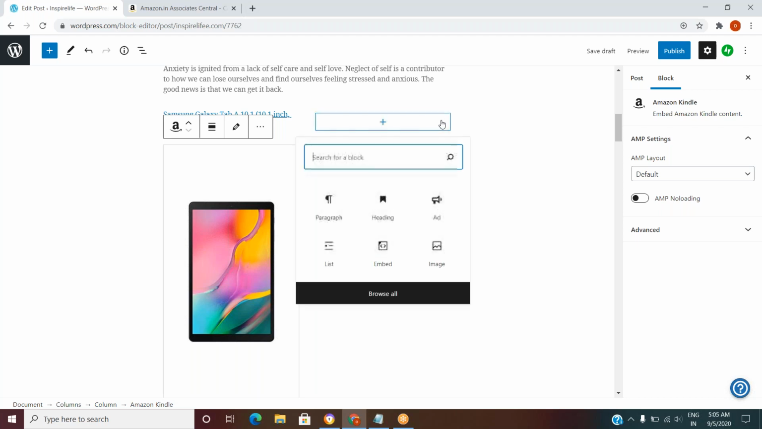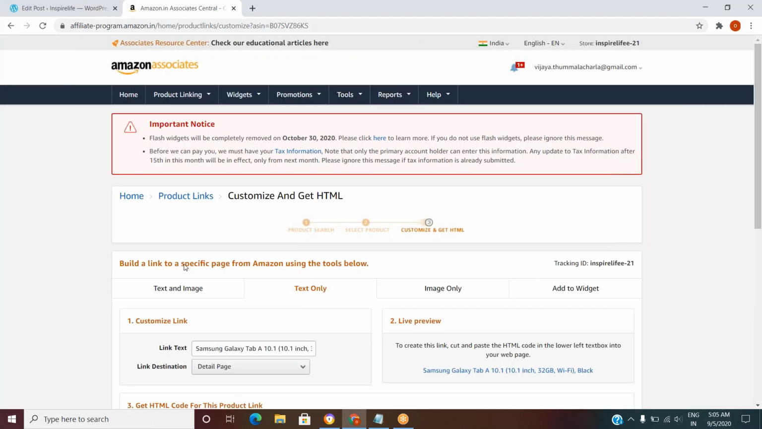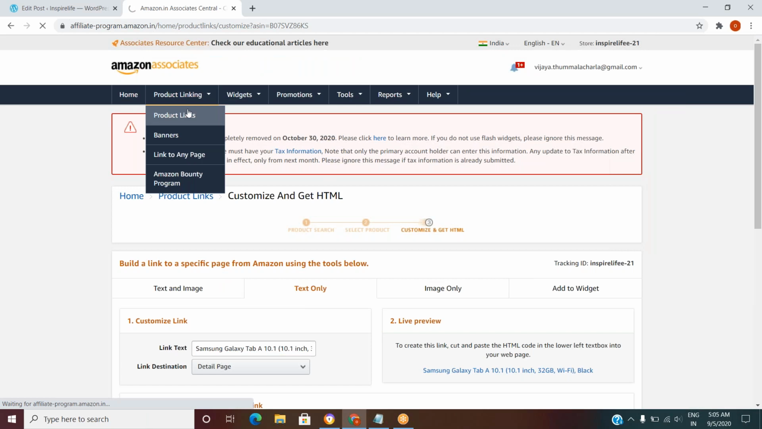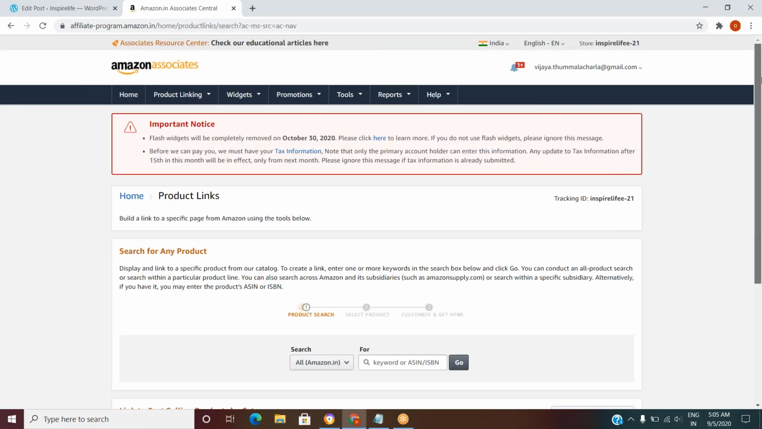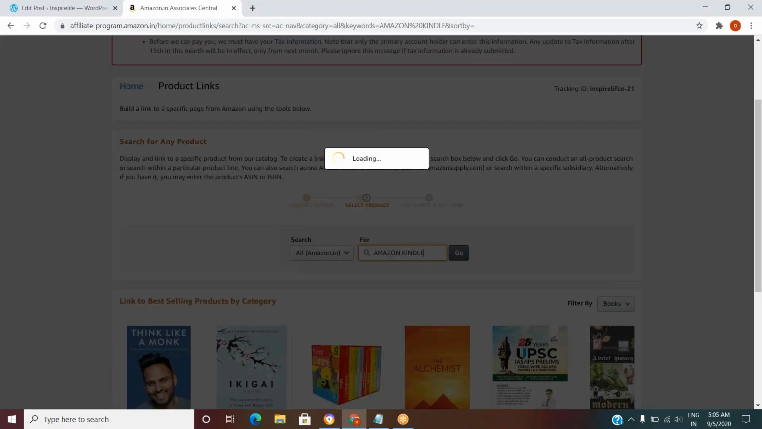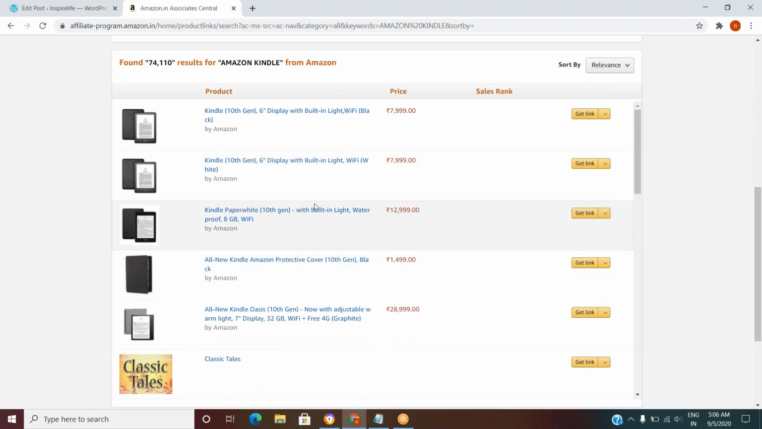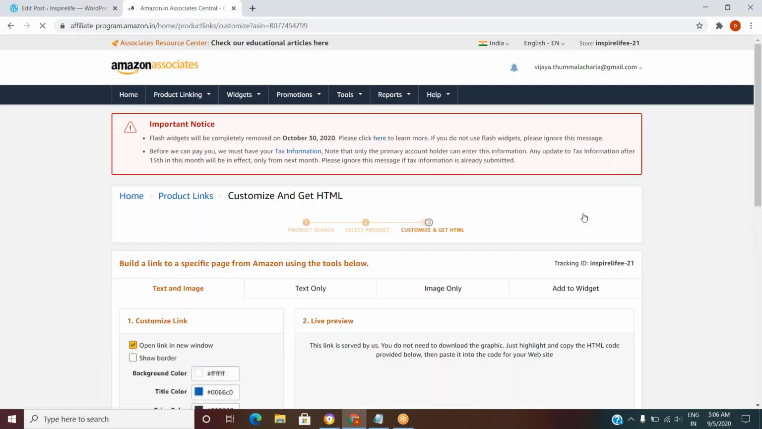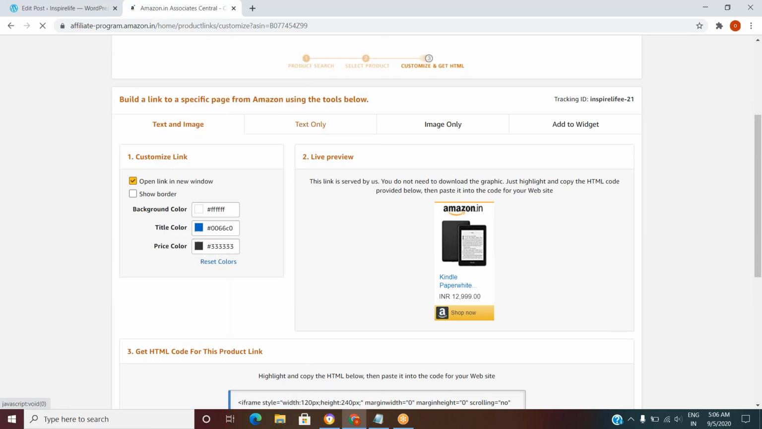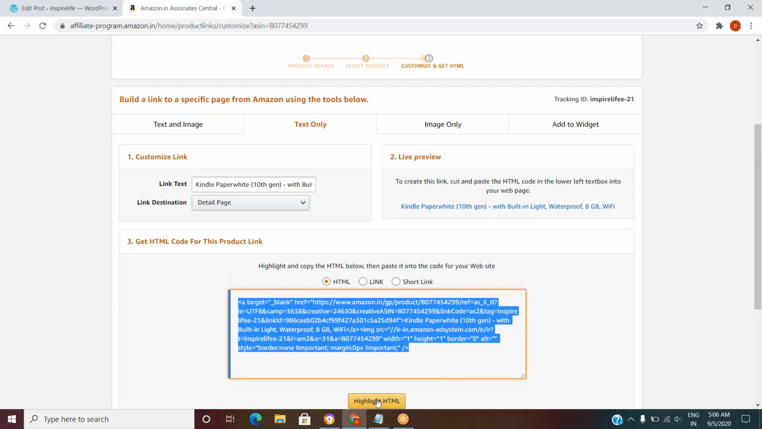Similarly, we will do the second column, second row. Go to the Amazon Associate account. Now I want to promote Amazon Kindle. Type here Amazon Kindle. Now I want to promote this. Click on get link. Click text only. Click highlight HTML and copy this link